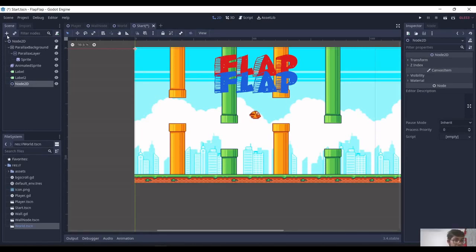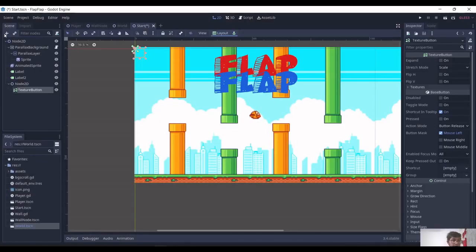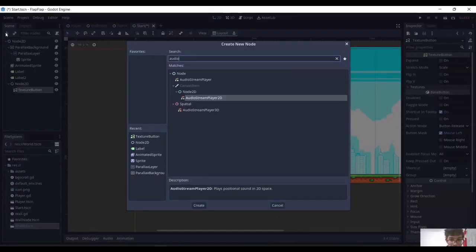We have Node 2D, we have a texture button, and then we have an audio stream player. Now there are three types of audio players in Godot. Audio stream players are just audio playing nodes. So there's a basic audio stream player, then there's audio stream player 2D, which plays audio in spatial 2D. So if you will be at the right end of an audio stream player 2D node, you'll hear the sound